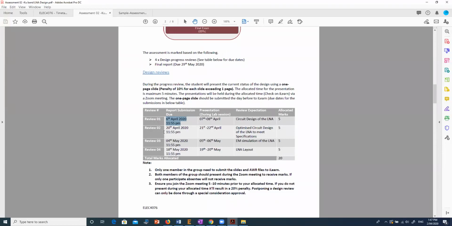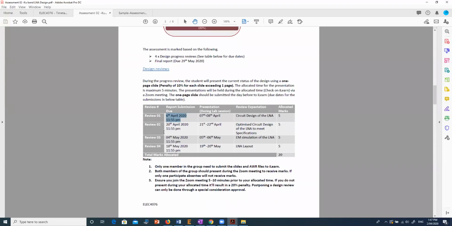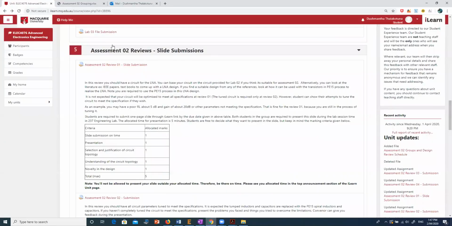This is normally the industry practice: you have to summarize everything in 1 slide, so you need to find a way to do that. Review 1 is on 7th and 8th April, so that's a Tuesday and Wednesday. To know your specified time, you have to go to iLearn, download